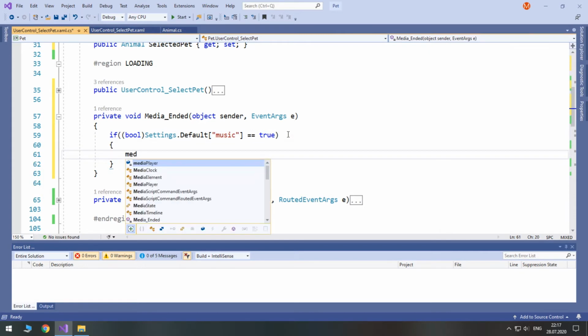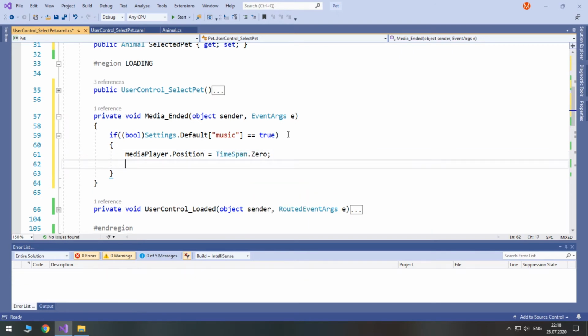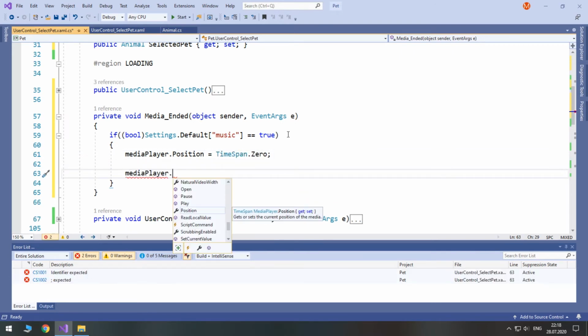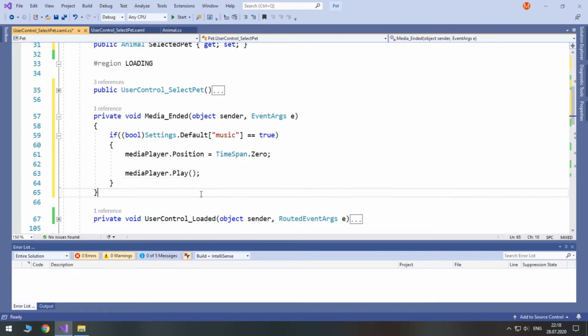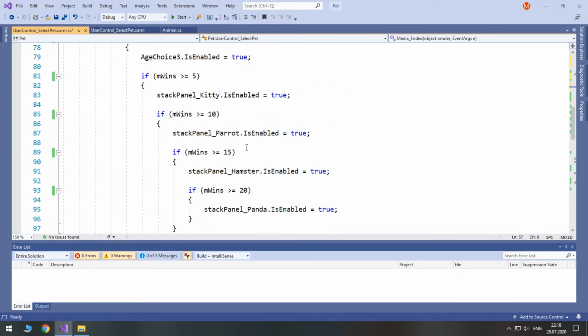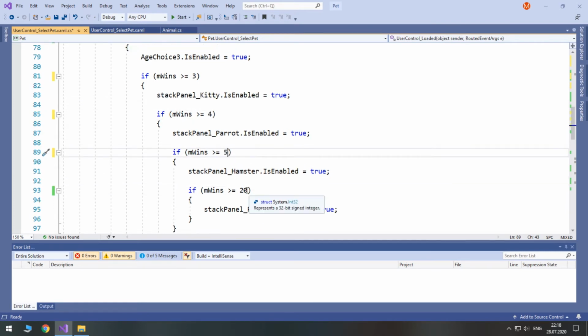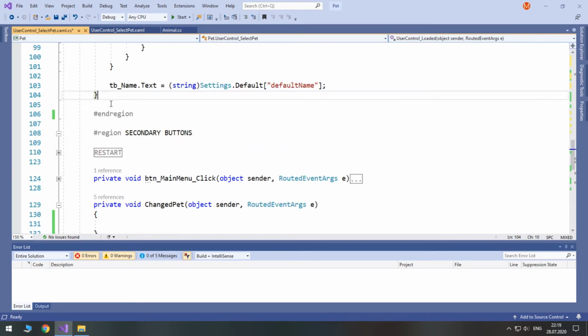Then we position the media player to the start, so we use time span 0. And after that we call the play method of the media player. So this will play our music. After that, let's change our loaded event a bit. So we will decrease requirements. So 5 will become 3, 10 will become 4, 15 will become 5, and 20 will become 6. That's it.